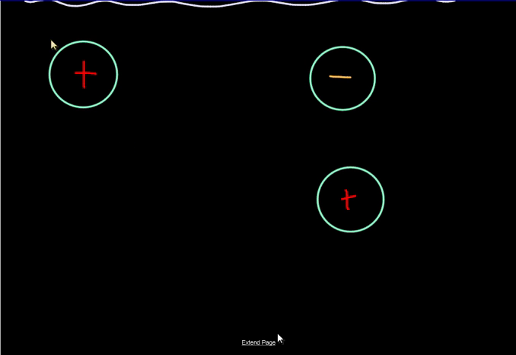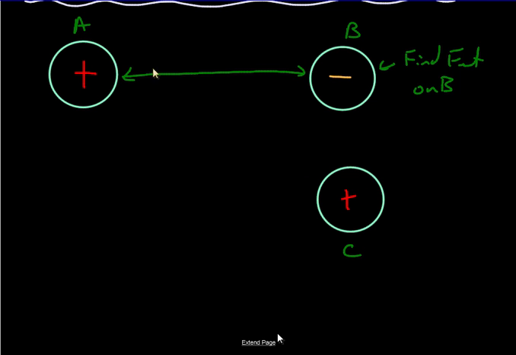And if they're named, like let's say A, B, C, you might have a problem that says find the net charge on B. Essentially how you do that is you just look at the two separate forces acting on it. So imagine that A and C are fixed in space. You're gonna do AB first, right? So the electric force between A and B